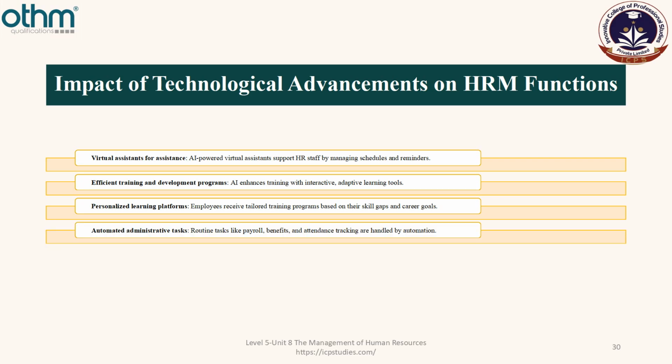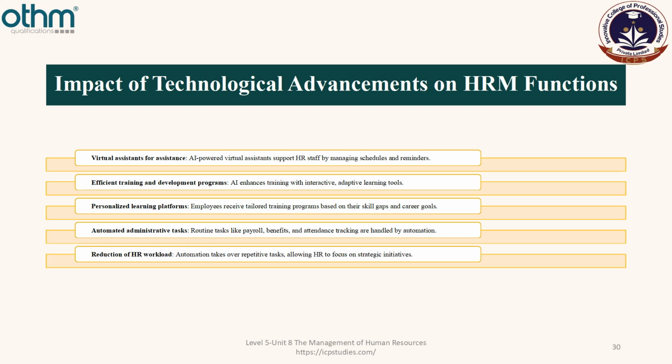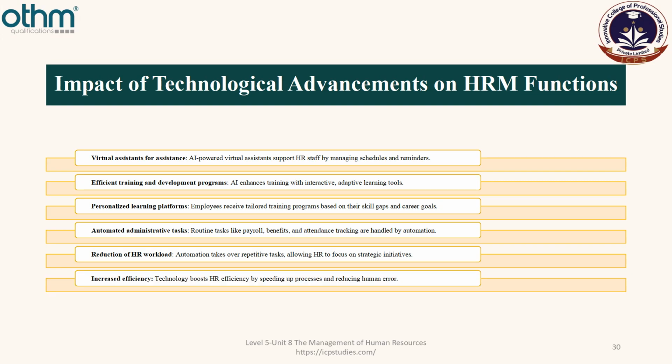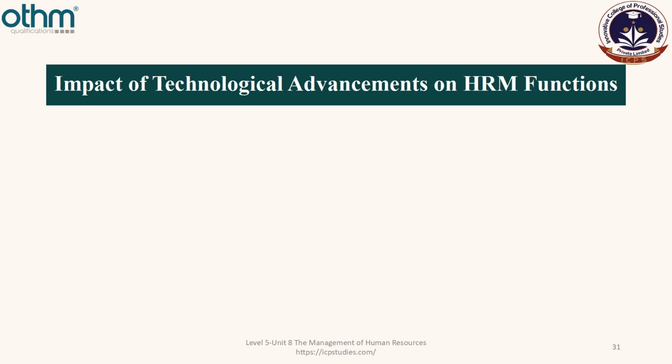Then we have personalized learning platforms, in which employees always receive tailored training programs based on their skill gaps and career goals. Then we have automated administrative tasks, in which there are routine tasks, for example, payroll, benefits, and attendance tracking, which are handled by automation these days. Then we have reduction of HR workload. For example, automation takes over repetitive tasks, which allows HR to focus on strategic initiatives. Then we have increased efficiency. For example, technology always boosts HR efficiency by speeding up the process and reducing the human